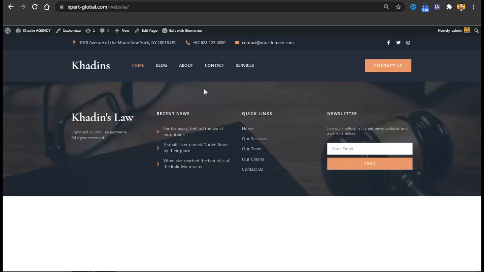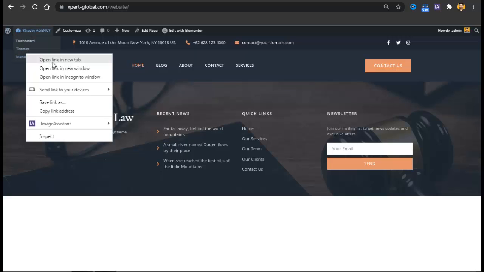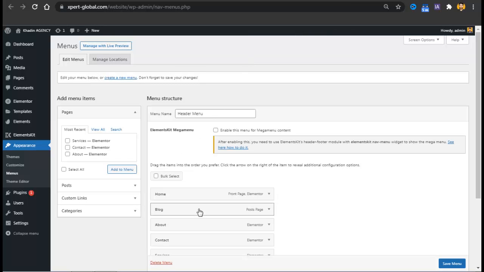And you can see the time, and within that time we'll just create the complete website. We'll just complete the website, and your complete website is ready to show to your client. Now first of all we'll just edit the home page, then about page, then contact, then services, and then blog. So first of all let's move on to home, and if you want to change the alignment of these pages you can just go to menus here and you can change the alignment very easily. Let me just tell you how to change it, and then we'll move on to the pages, but first of all that is required.